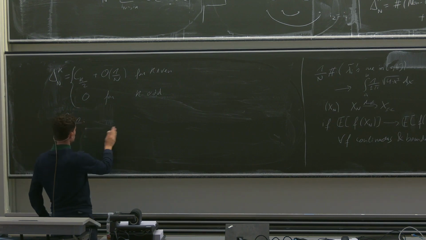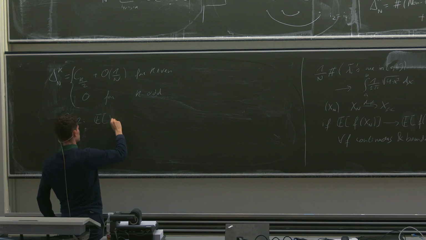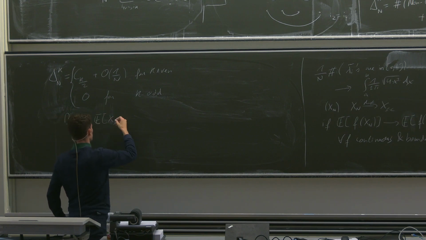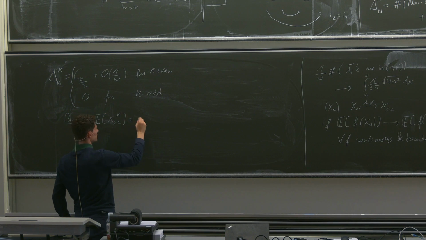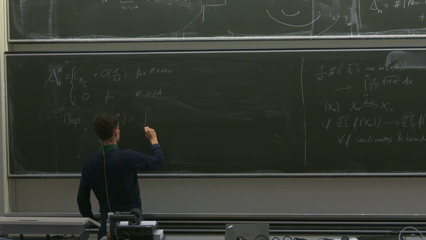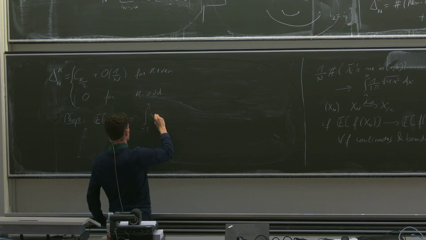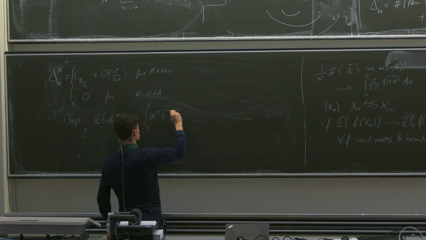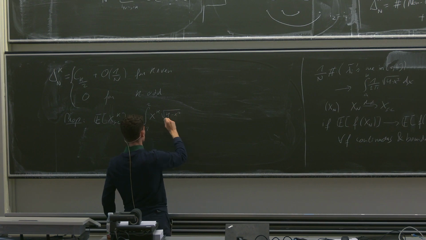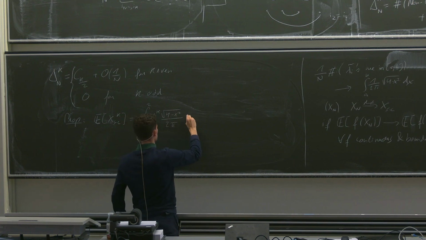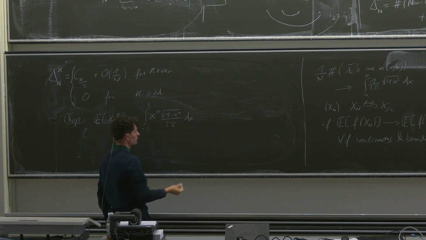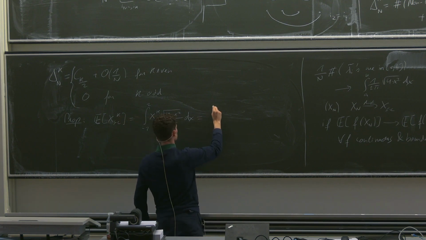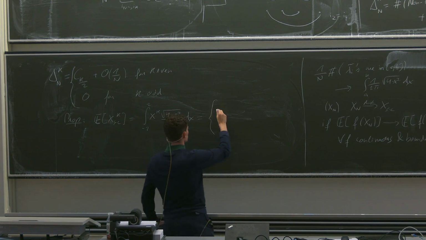The expectation of X_semicircle to the power k is equal to the integral from -2 to 2 of x to the k times square root of 4 minus x squared divided by 2 pi dx, and this is equal to